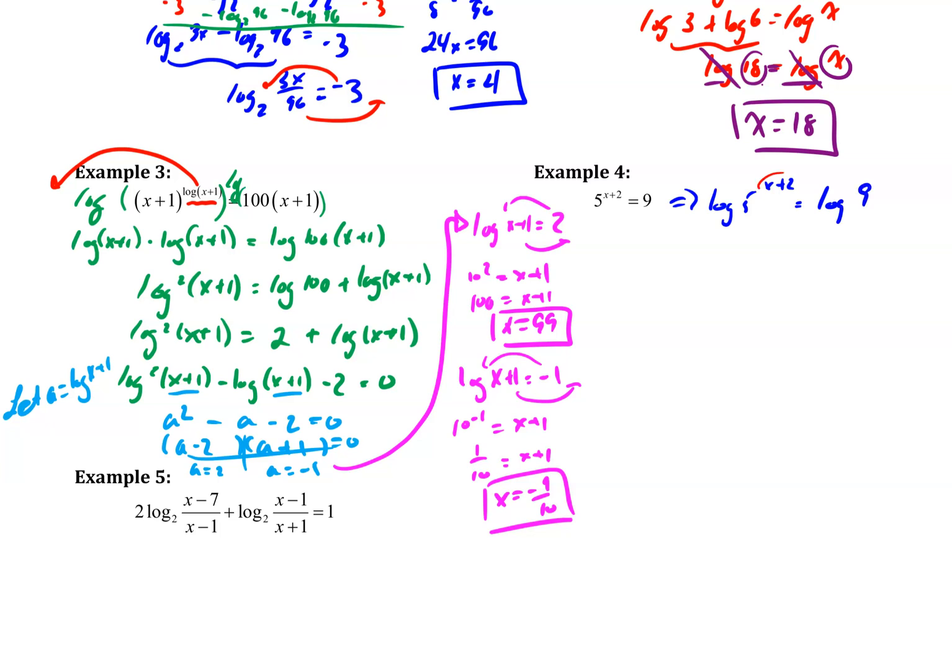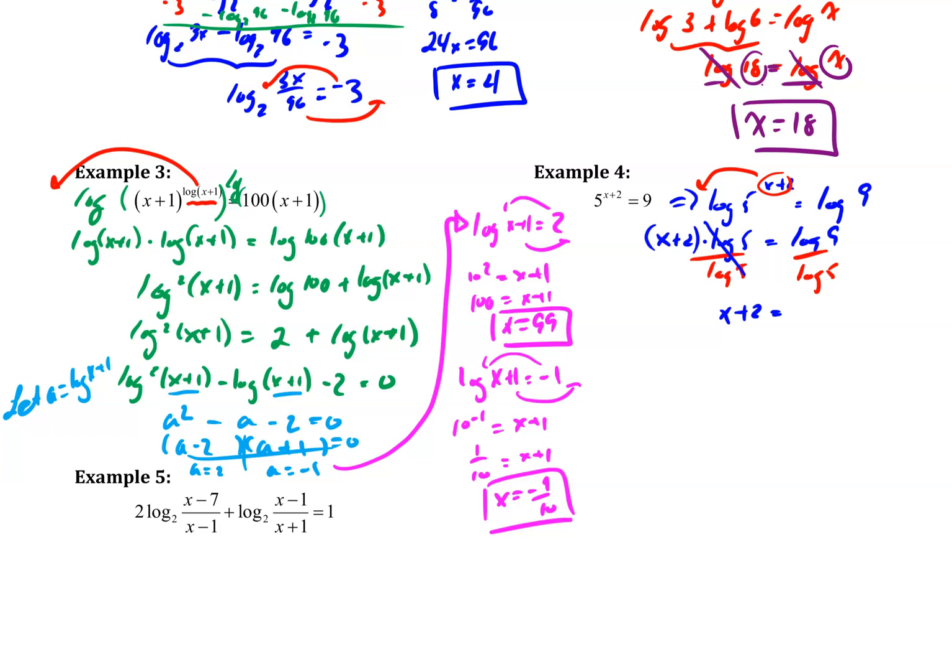Again, when I do this, I can take this exponent and power it down. So I can have it as x plus 2 log of 5 equals log of 9. Again, remember this is multiplication. So if I'm trying to solve for x, I can divide out the log of 5. All right, so I'm going to have x plus 2 is equal to